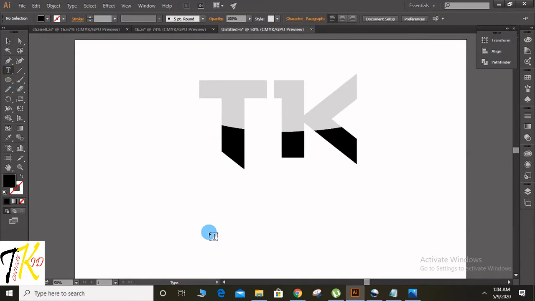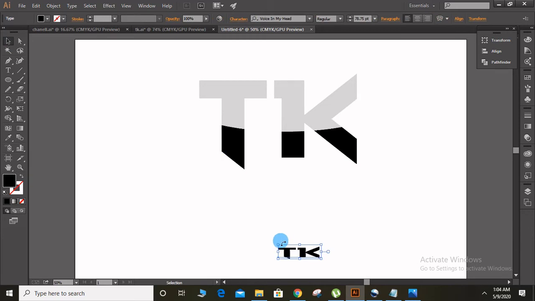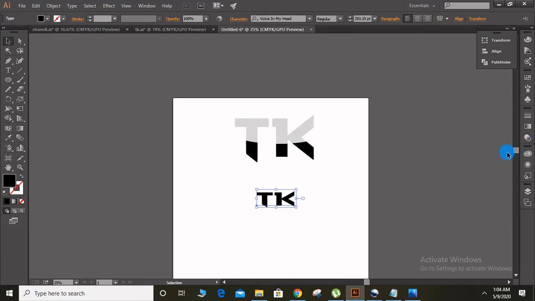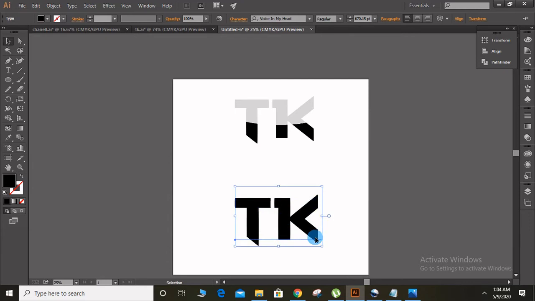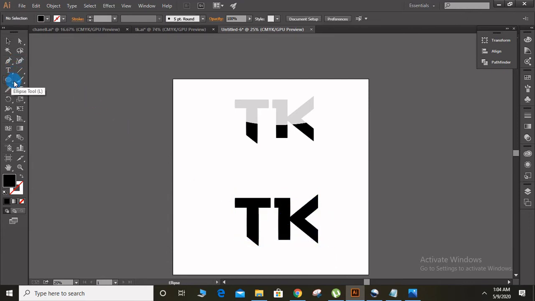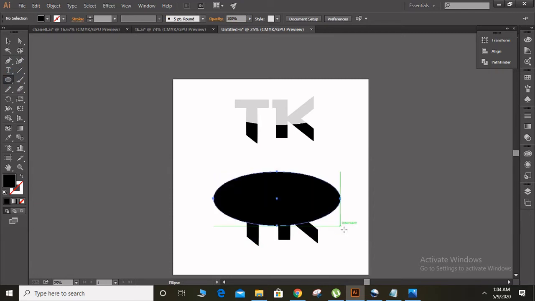First we have to write text. Let's assume I write TK Technofit, like this. After this text, you can put an ellipse shape